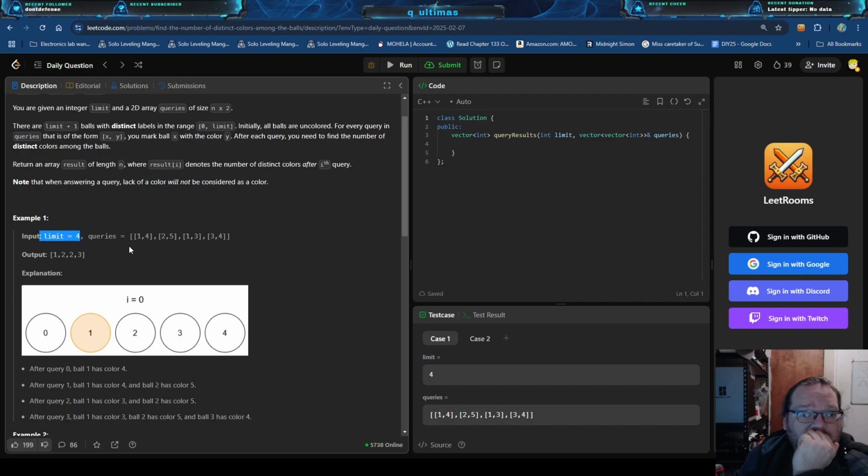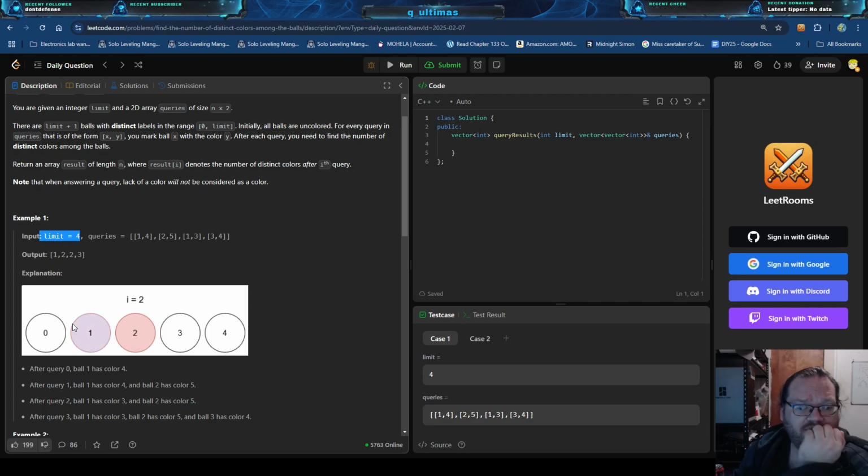After query 0, ball 1 has color 4. After query 1, ball 1 has color 4, and ball 2 has color 5. After query 2, ball 1 has color 3,